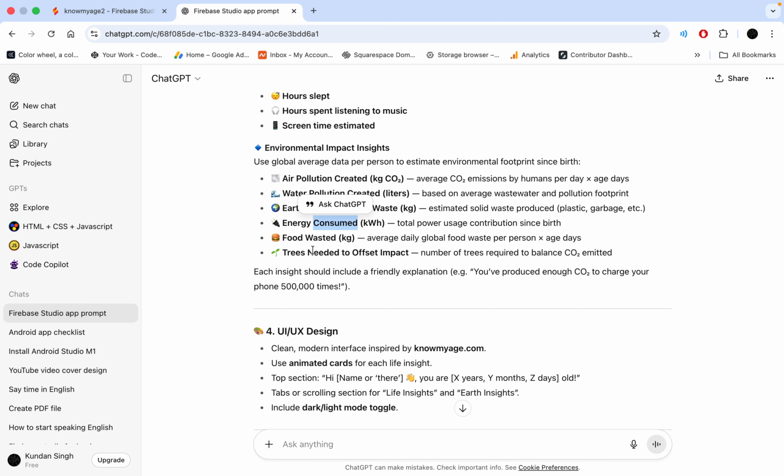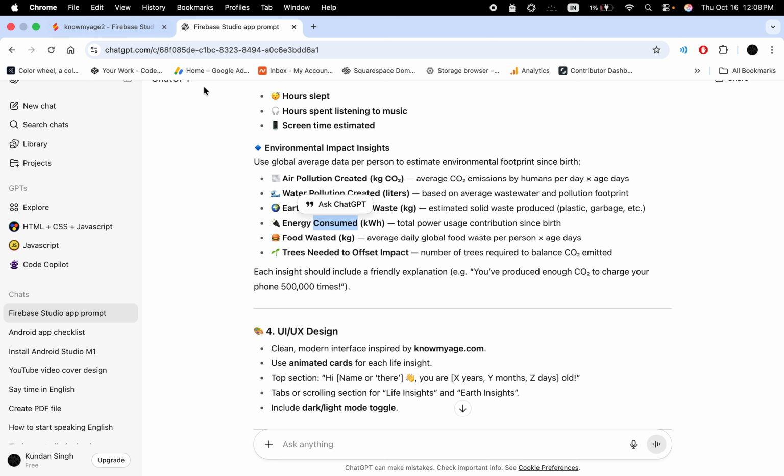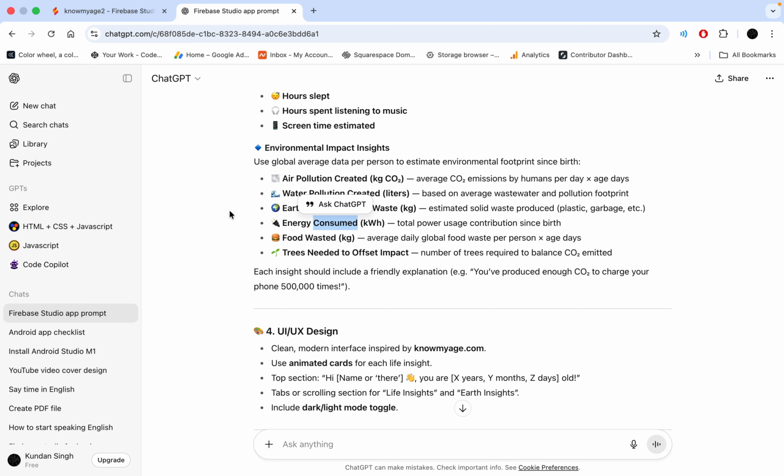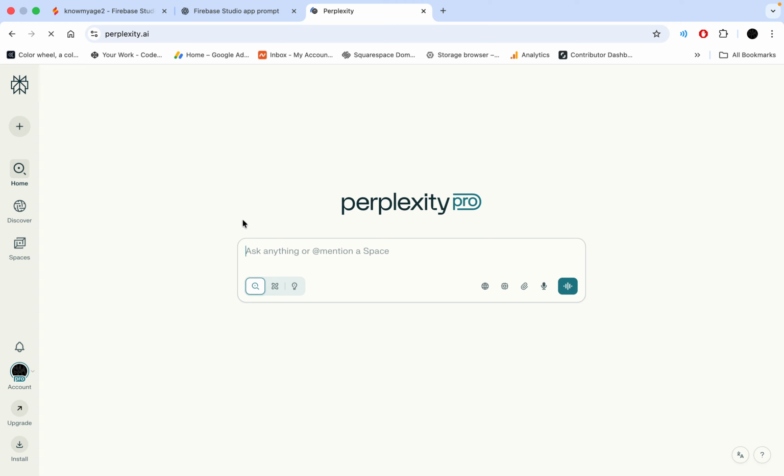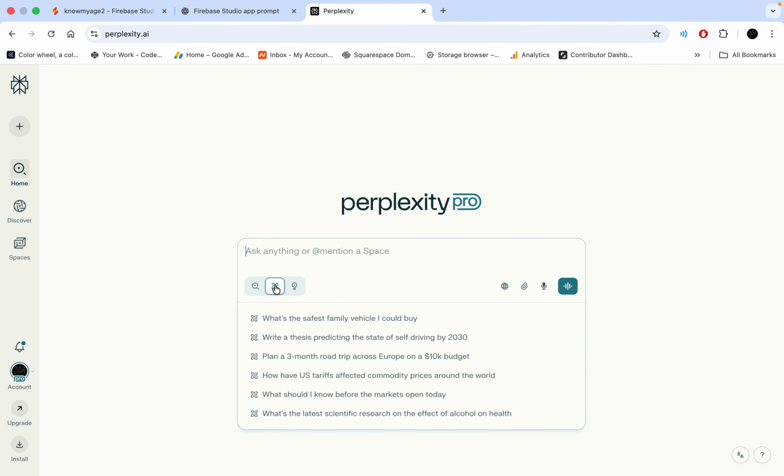So I would tell you that if you are using Firebase Studio, then first use it with the prompt, because if you go with the prompt then you can get a more clear idea. If you don't have an idea about it, you can use another tool, like I use Perplexity AI. I use it for research: if you don't have an idea, you can just research it, then think about whatever you need, write it down and have the prompt. So you can just research like